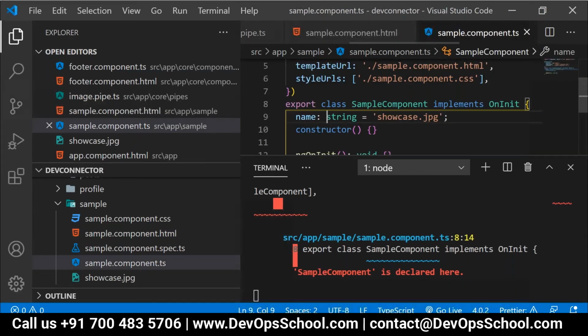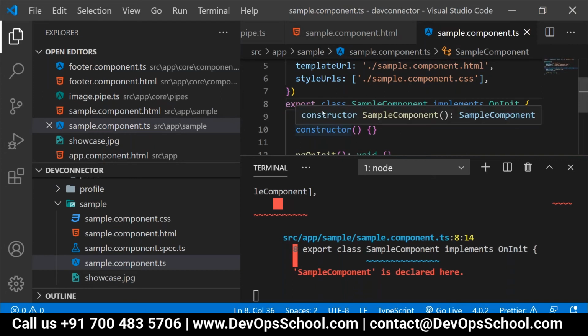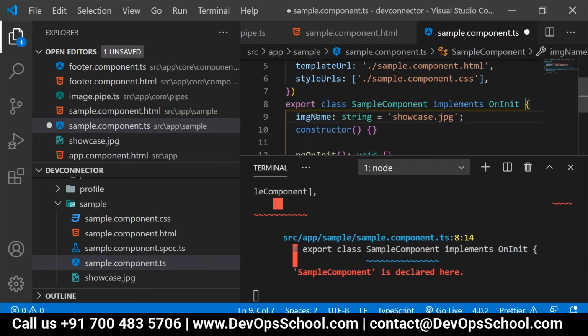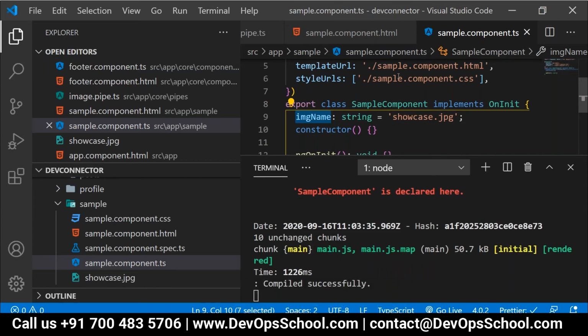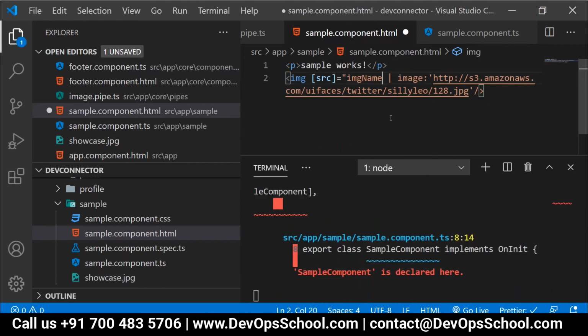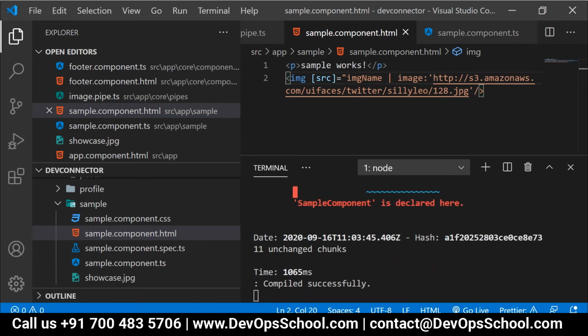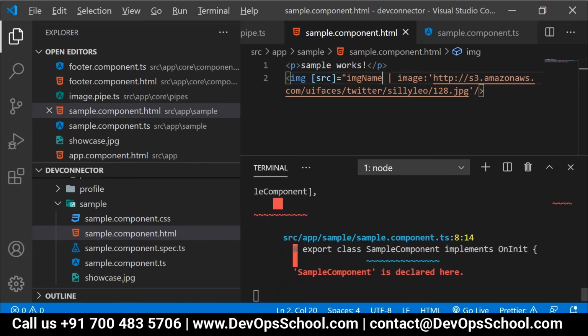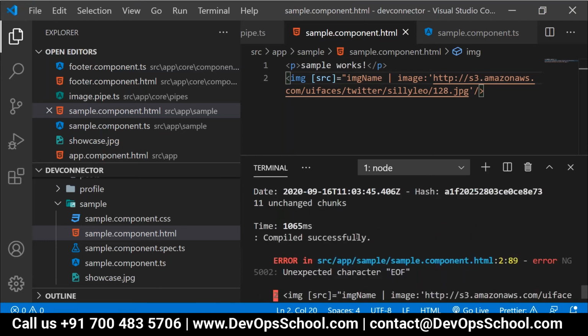Line number 18, sample.component.ts. Silly mistake.